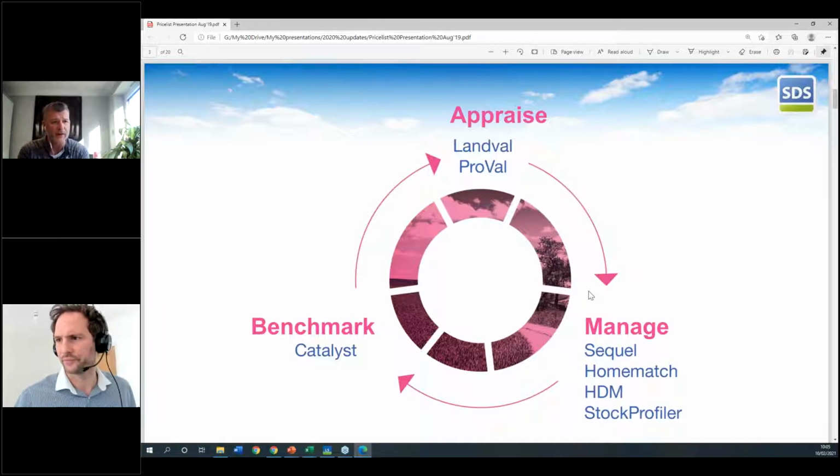One of the main things that we had and have is LandVal. LandVal is initially our private sector model. It does exactly what it says on the tin. It gives you a residual land value, fairly straightforward, but quite powerful in what it does, and that's what I'm going to show you today. It's been around since the company began, 27 years, and is still in Excel. We've moved our main product Proval into a database, but LandVal has stayed in Excel because it works very well on that platform, and we don't need to make many changes to it.